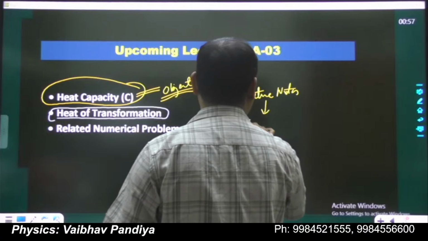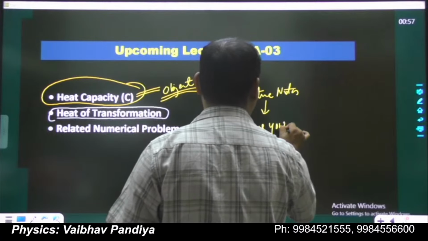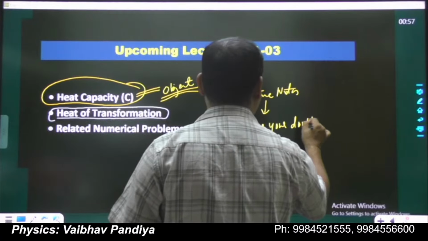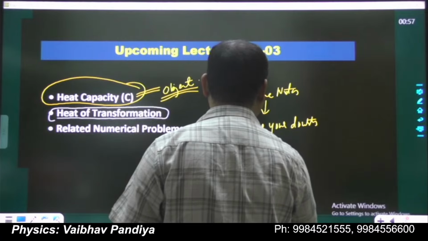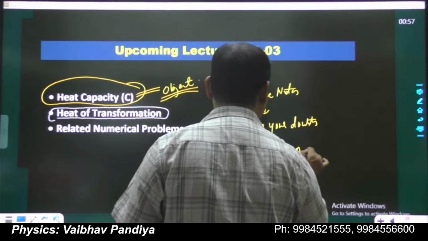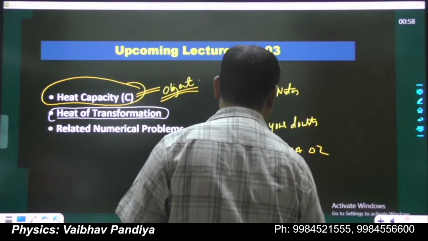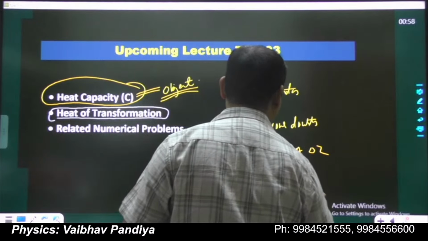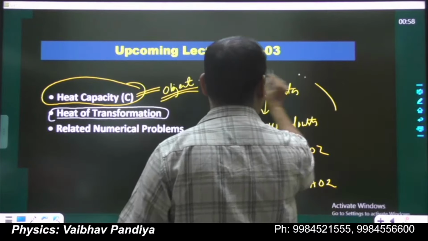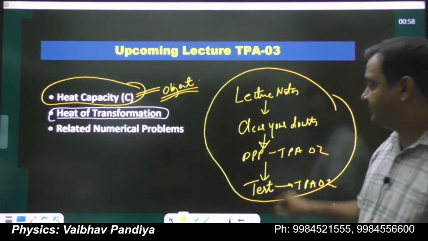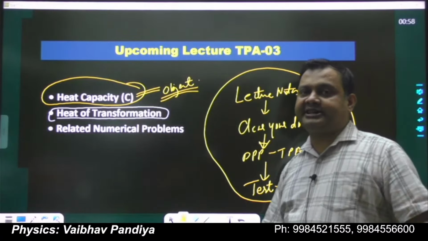clear your doubts. Okay, then solve the DPP of this lecture, TPA02. You have to solve the DPP and then attempt the minor test for TPA02. So these are the 4 steps for extracting out the optimum